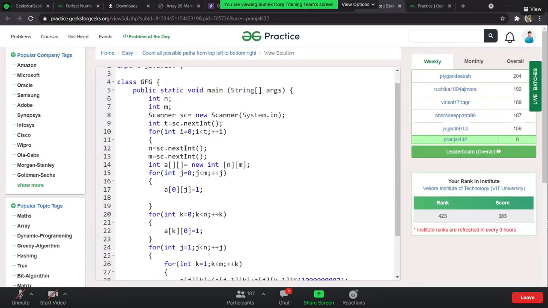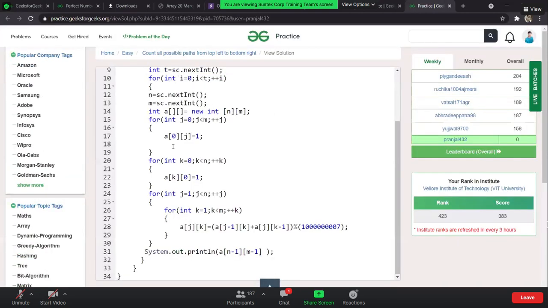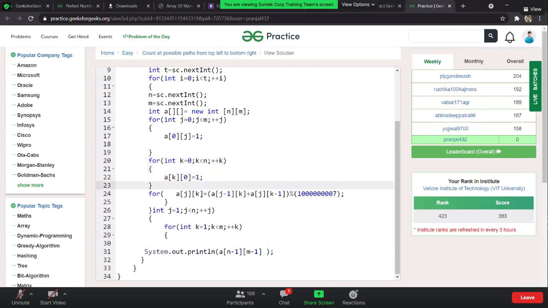So this is the same thing we have done over here. Maybe we can write your formula as well over there, or maybe we can compile it over here. But let's have a look over here. What exactly we are trying to build is, if it's the first row or the first column, we are just putting it as one. If it's not the first row, we are just summing up the numbers.